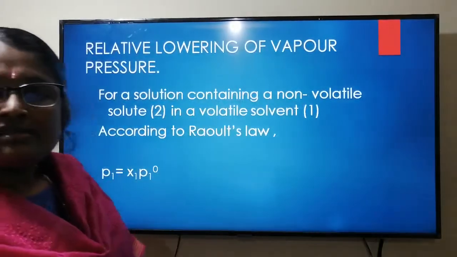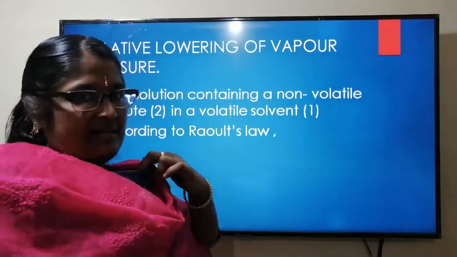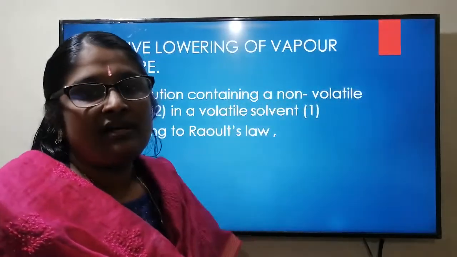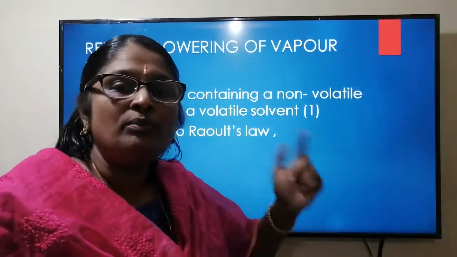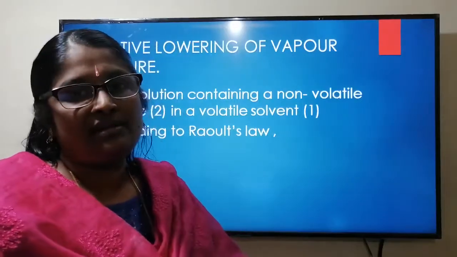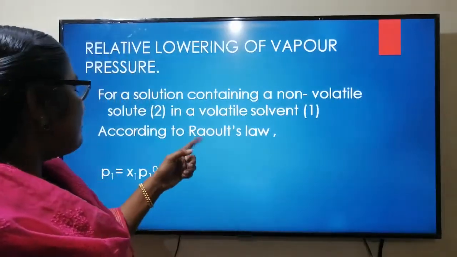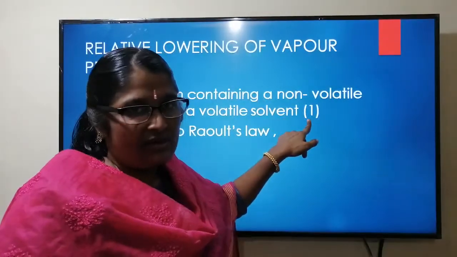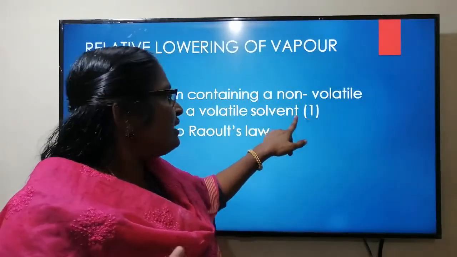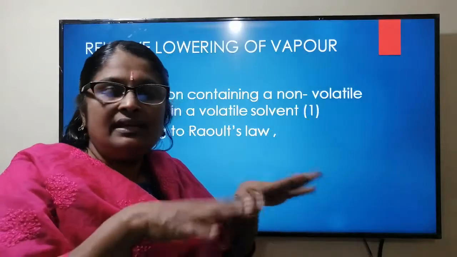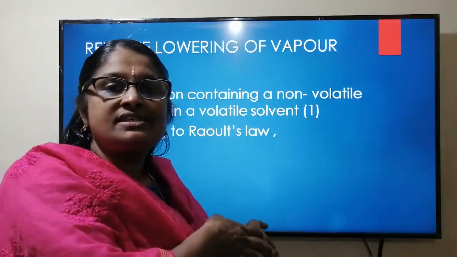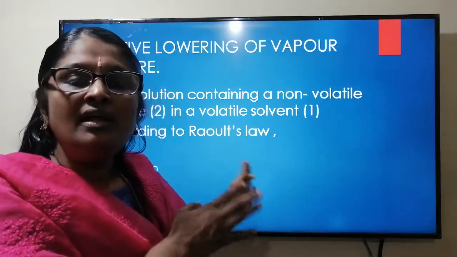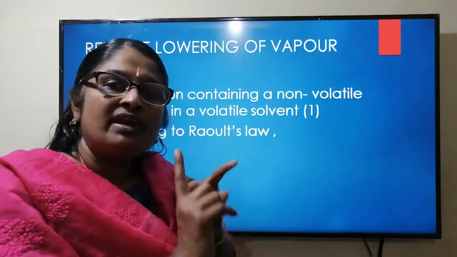According to Raoult's law, which we studied last day, the partial vapor pressure is directly proportional to the mole fraction of that component. So we can say that the partial vapor pressure is due to the solvent only. The solute cannot vaporize, it cannot go into the vapor form. So the pressure above this liquid is due to the solvent molecule H2O only. Only H2O can go into the vapor form, so the pressure is due to component 1 only.